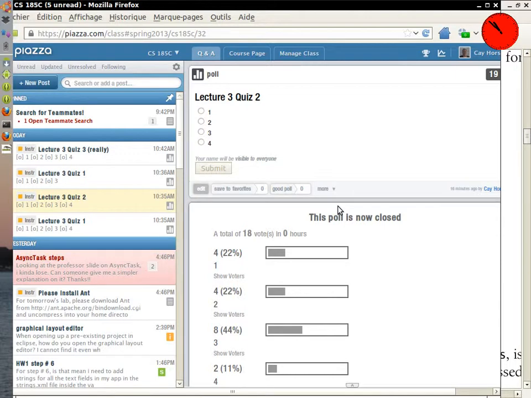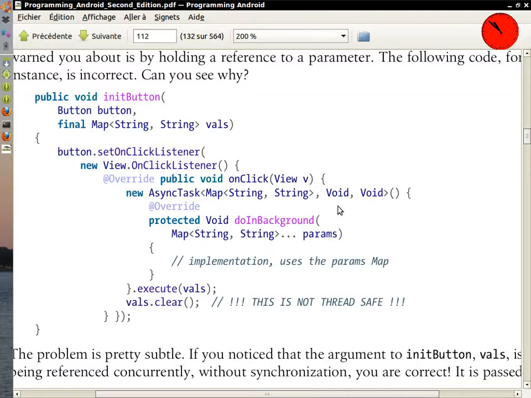It's a perfectly good idea to ask questions about the reading in Piazza, preferably before the class even. That way I have some idea of where you got stuck with the reading. So there were a couple of people who were very confused, I think, about this kind of nested syntax and had never seen that before. And if you're in that situation where you haven't seen these anonymous classes, then here's my suggestion. I put up a link on the main page